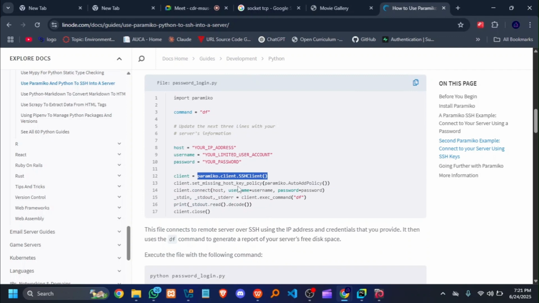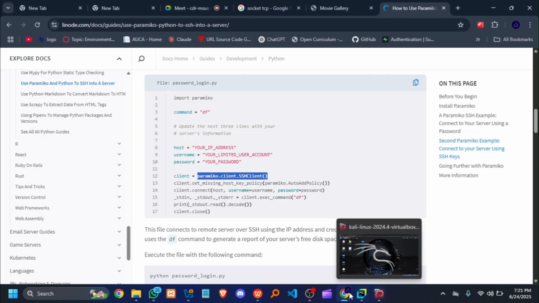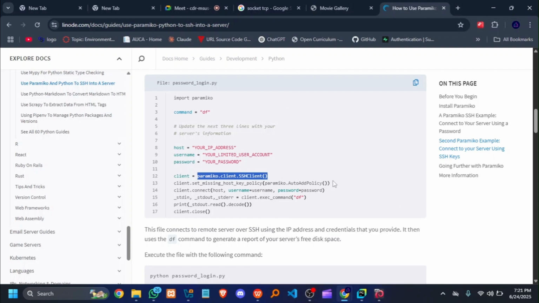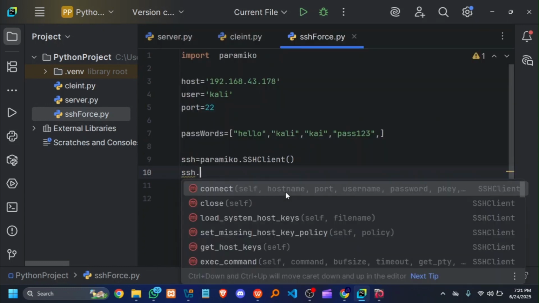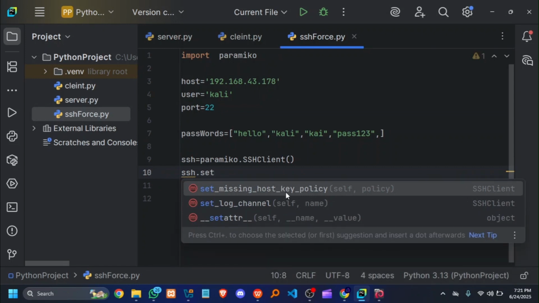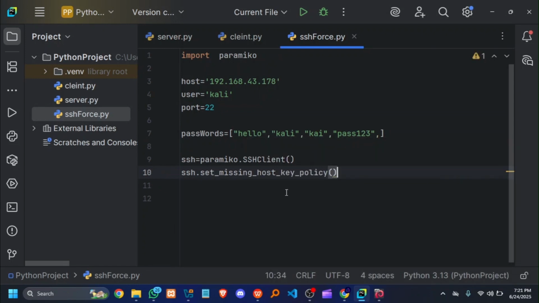Set missing host key policy, auto. Let's add this line. Okay, I will do SSH. This one we created. It's going to set, it's already highlighted. Missing host key policy,